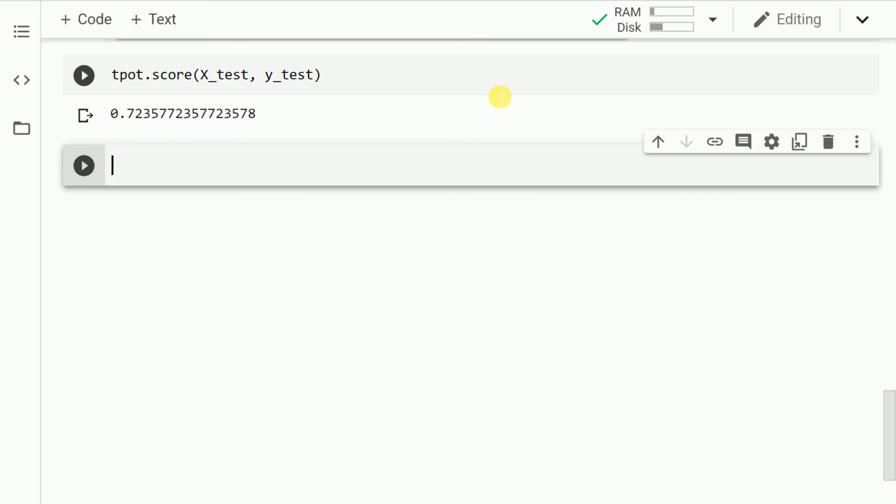So as you can clearly see, we are able to reach a testing accuracy of close to 72.33% for the given data set. Remember one thing, we've kept the generation count to 5. If you happen to increase the generation count to say 10, 20 or a higher value, then I'm pretty sure you should be able to reach a higher testing accuracy score as well. So this was my attempt in showing you the power of TPOT classifier.